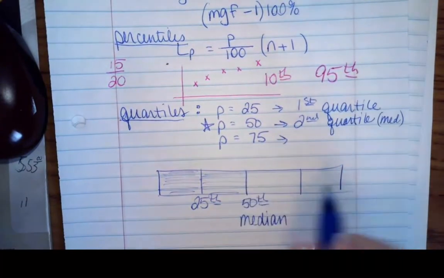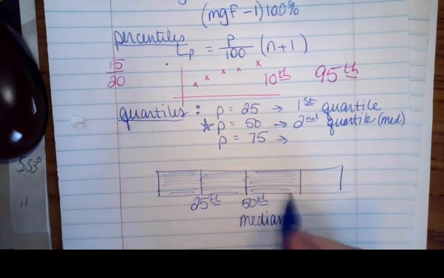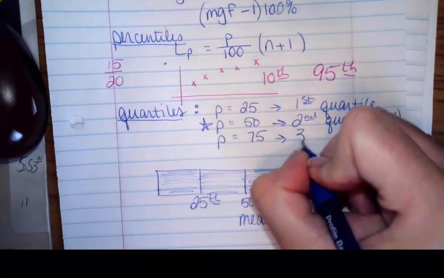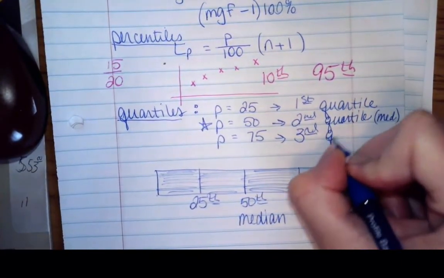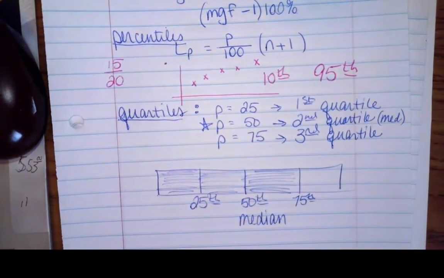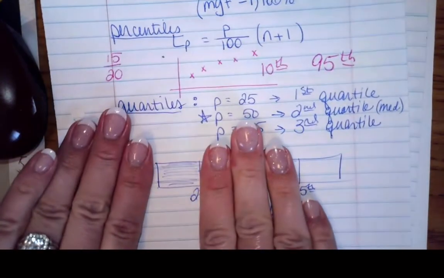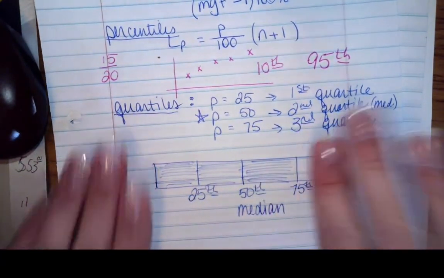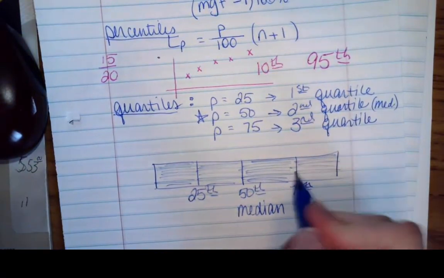And then your 75th percentile is going to be your third quartile, simply because you're taking everything in the list and you're measuring it out into quarters. You're grouping a fourth of it together, you're grouping a half of it together, you're grouping 3/4 of it together. And obviously the 100th